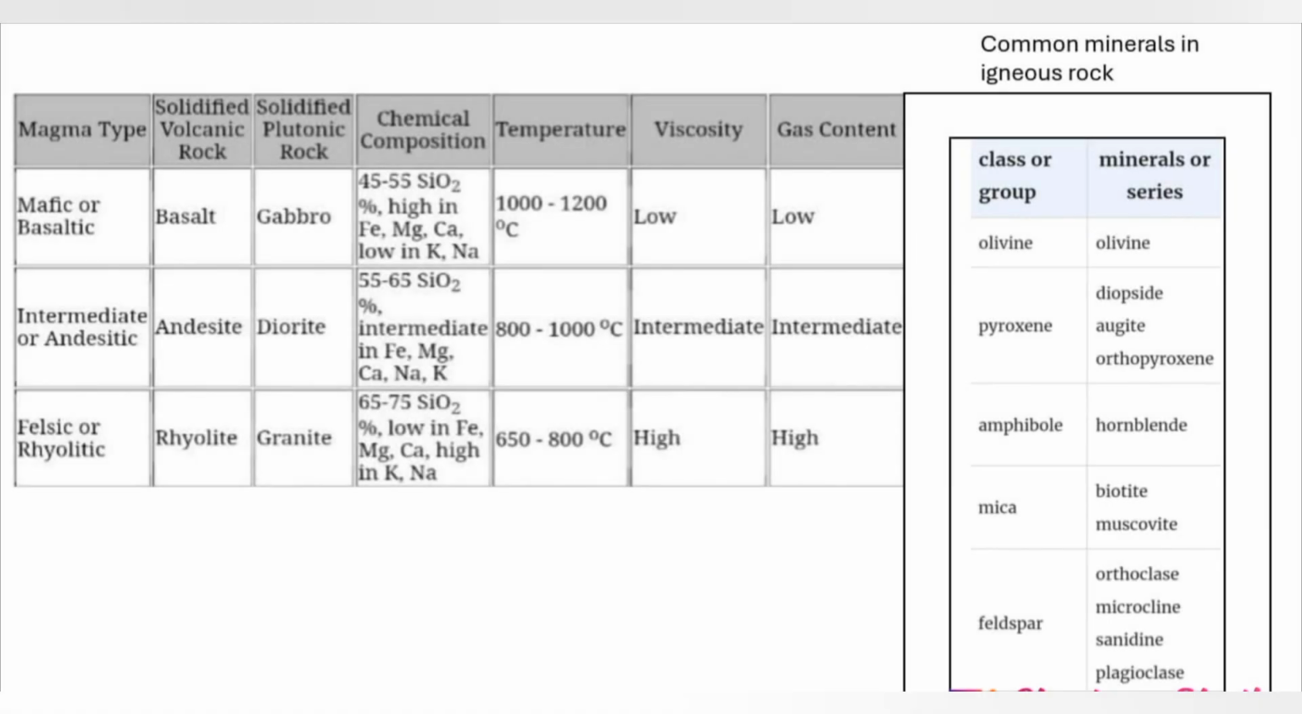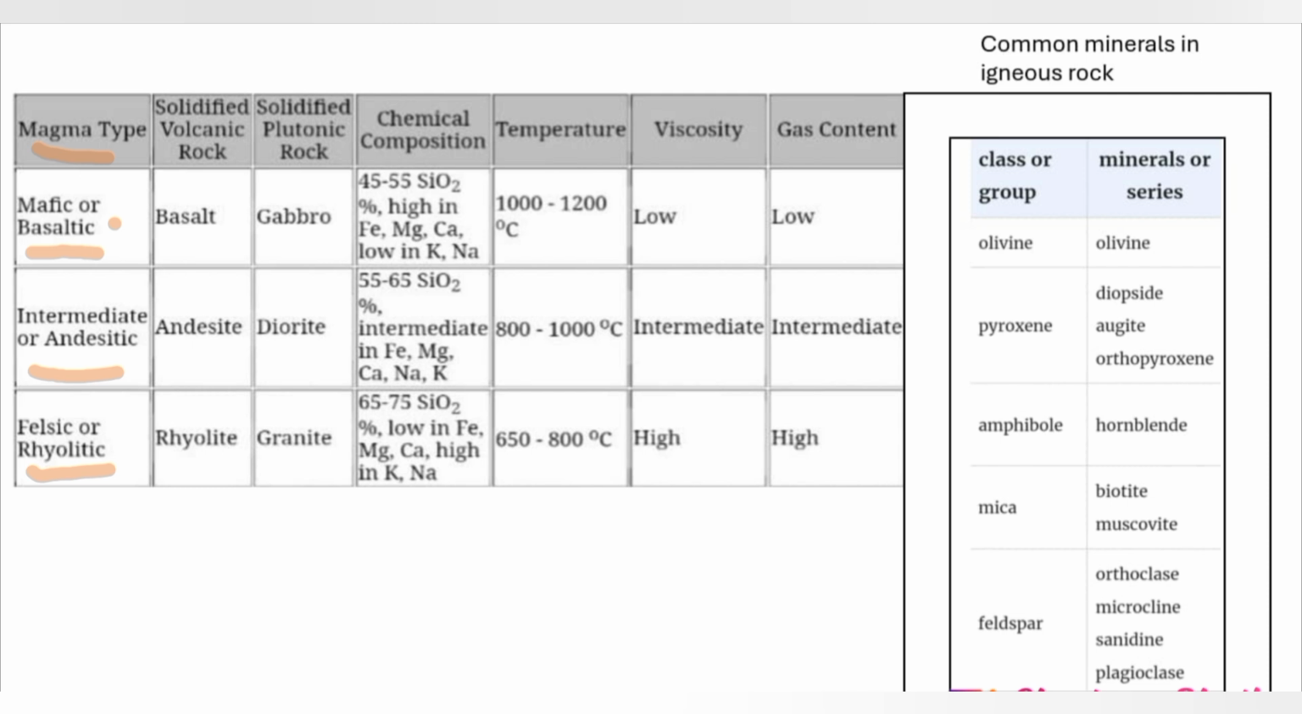Now we are getting into some of the basics that we have to keep in mind before getting deeper into the topic. Now we are talking about the magma. There are three types of magma: mafic, intermediate, and felsic. Talking about the mafic or basaltic one, it has a composition that is rich in magnesium and iron and